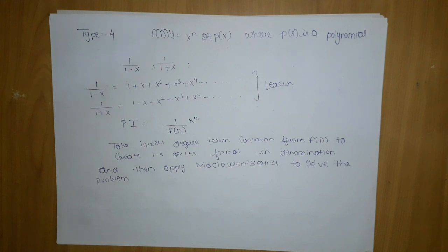This much is sufficient as far as theory is concerned. We are not going to write f of D in some format and then take D power m common, something like that, which you will see in the books, because if I write that also, you will not understand that much compared to what you will understand in problems, which will be much clearer compared to writing some random theory in this type.